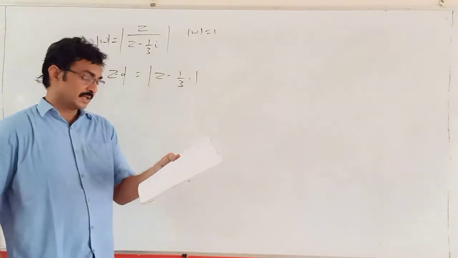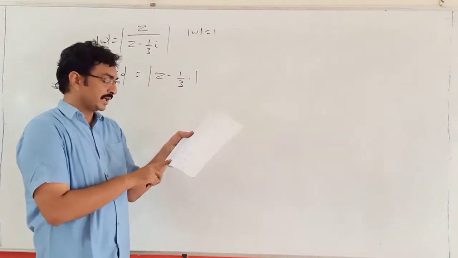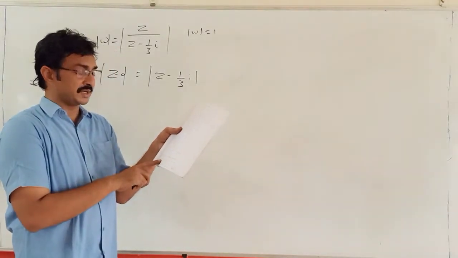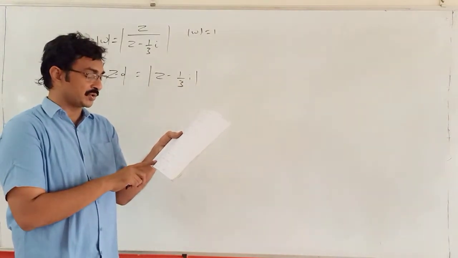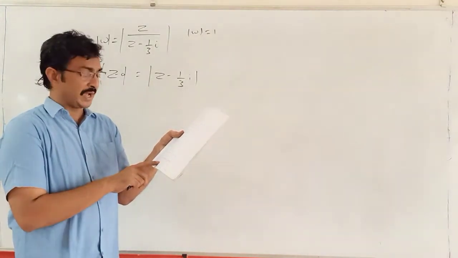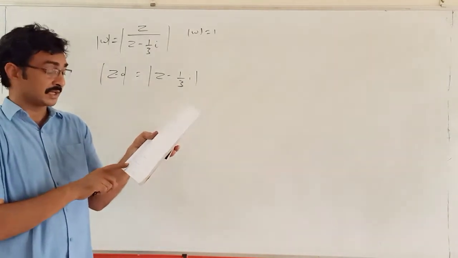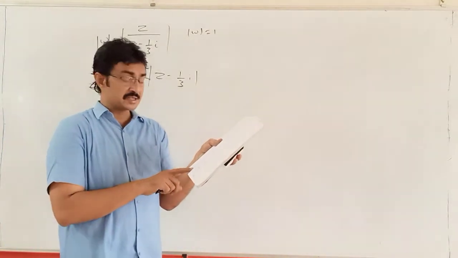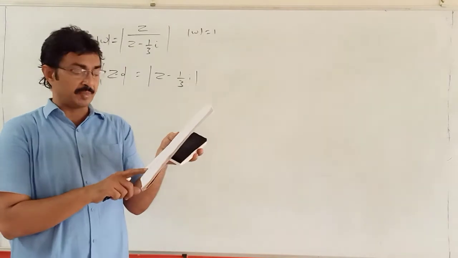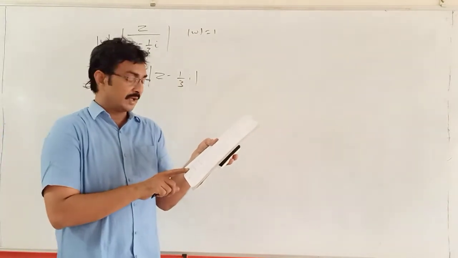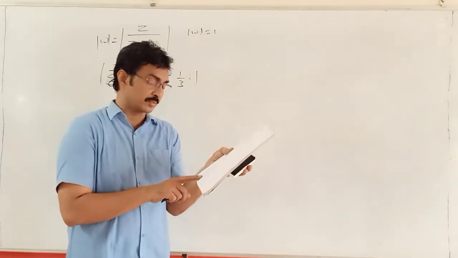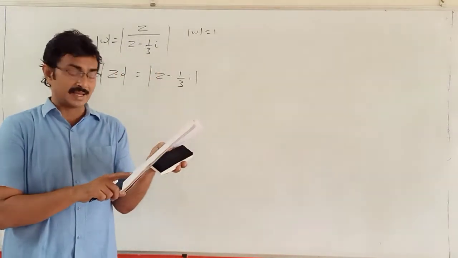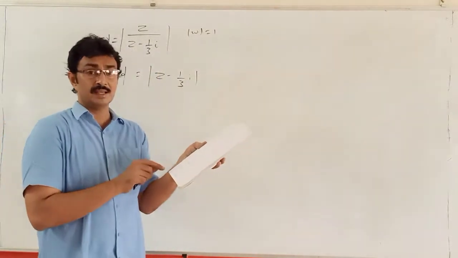Fourth one. See, fourth one is in the form of modulus of z minus z1 equal to modulus of z minus z2, where z1, z2 are (1 by 2, 0) and (minus 1 by 2, 0), or (0, 1 by 2) and (0, minus 1 by 2). They lie on the positive axis, so locus of z is the x-axis. Means here the real axis.